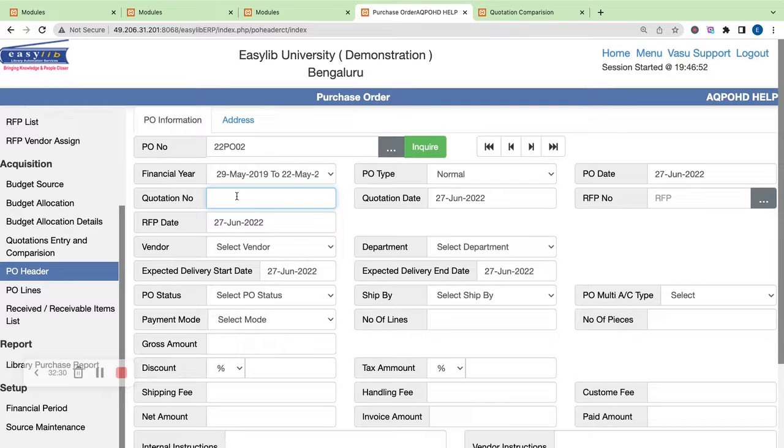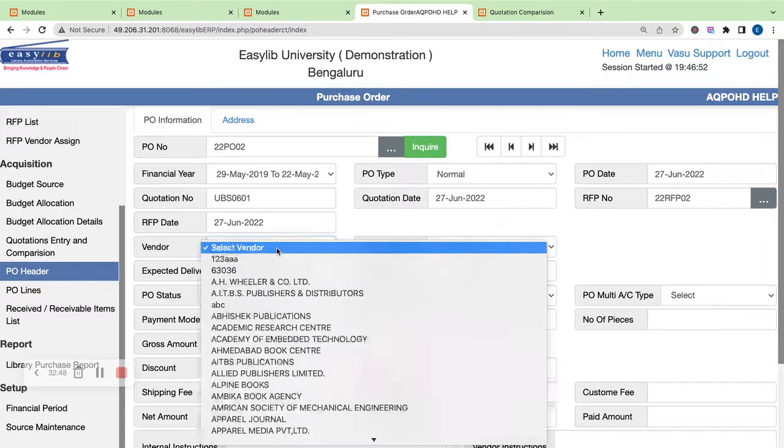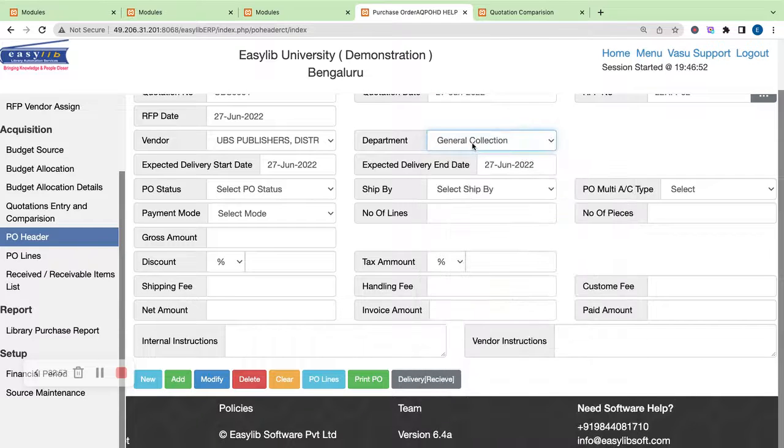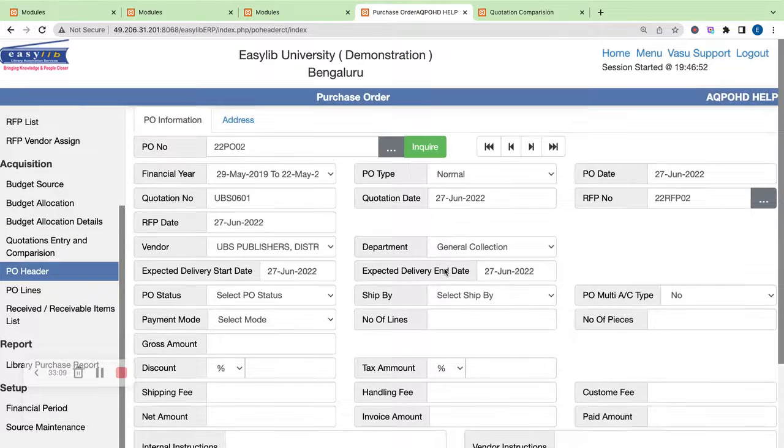PO date is today's date. Quotation. So this is who, UBS, right? So UBS had given a quotation, UBS 0601, and whatever date they had given, so you can choose it. And the RFP was 22 RFP 02, right? So that was the RFP. And vendor, this is the most important one, whom you are going to give the order to. Here you are going to give the UBS, and department I am calling it as a general one. And any additional fields you want to enter here. Multi account type, at the moment you choose as a no, later we can change it. And now you add this particular purchase order. So now you created a purchase order